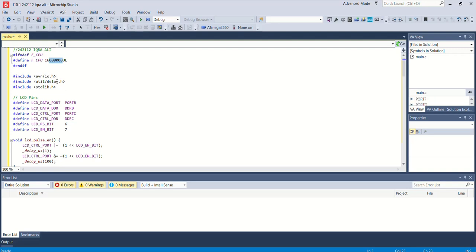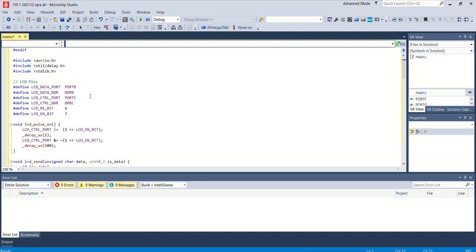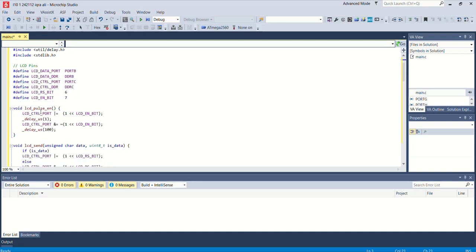We include the AVR input output library, delay library, and STD library for the LCD functions. We are using LCD data for the LCD. We are using port B, and for the control we are using port C. Now, first of all, we are writing code for the LCD pins. This is the code for the LCD pins where it will move to 1, and then we will have a delay